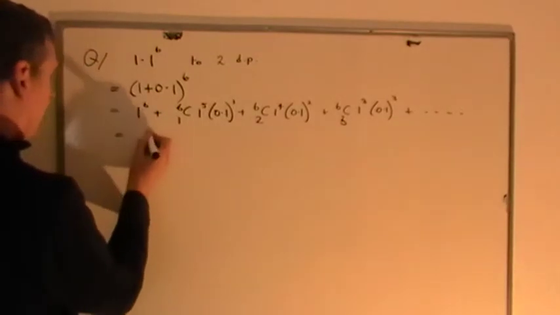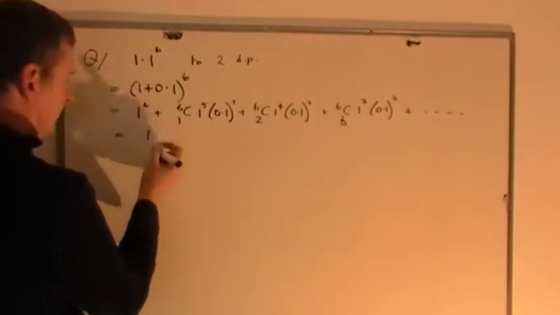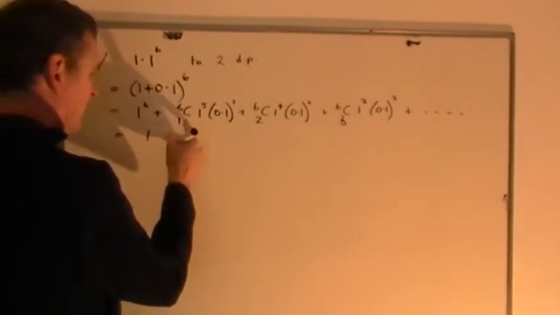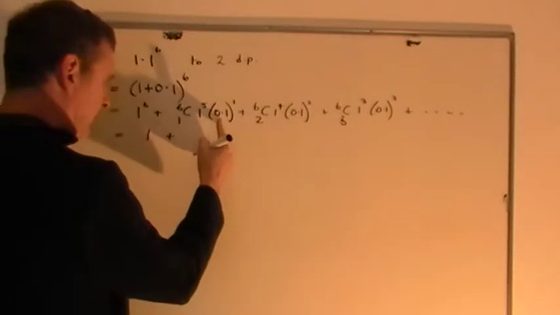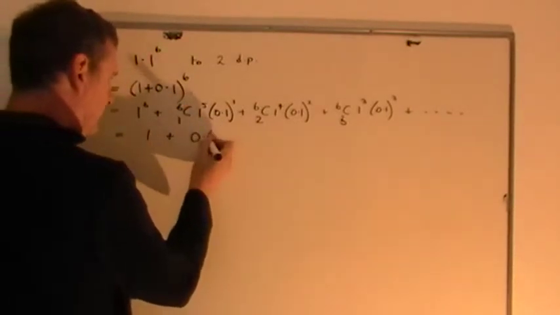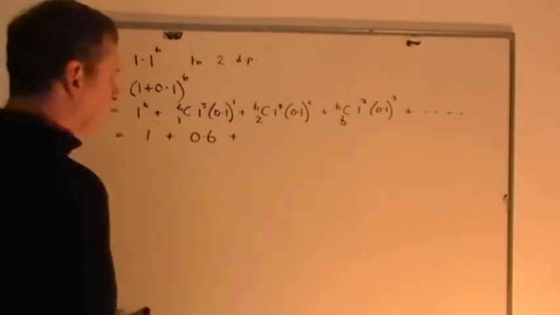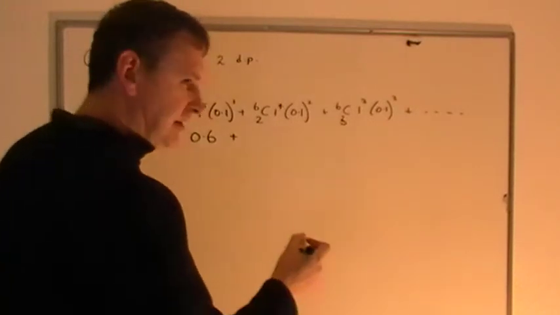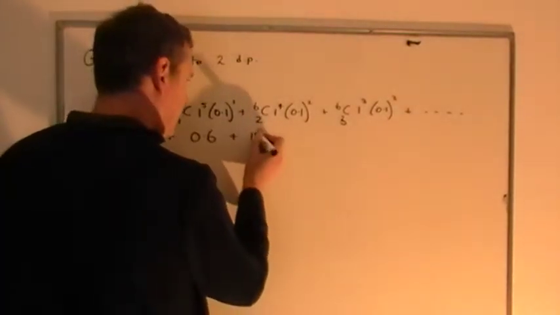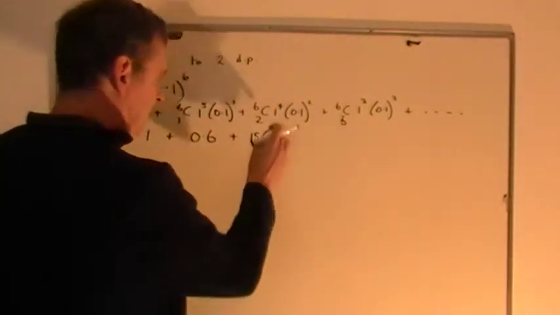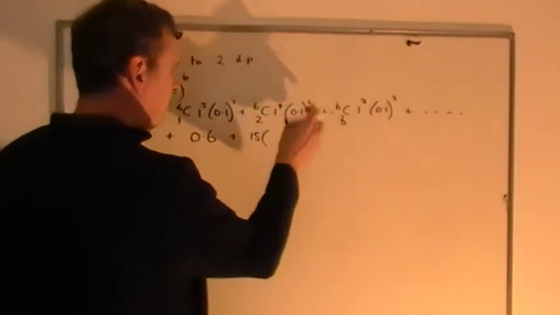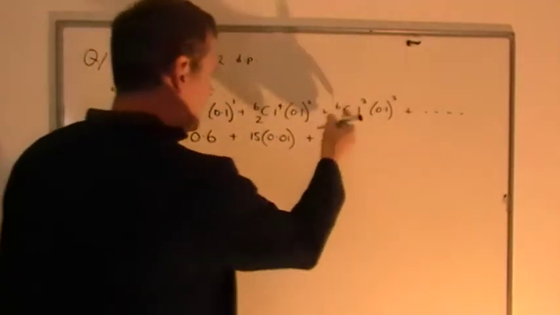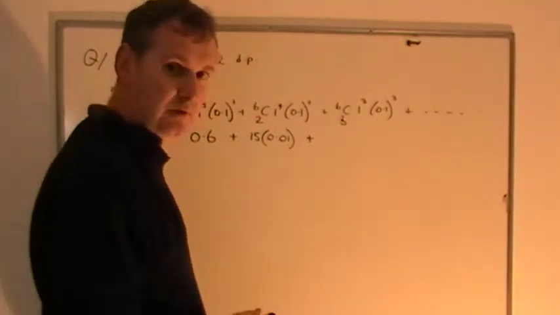So here we go then, it's 1 to the power 6, which of course is just 1, plus 6 choose 1 is 6, times by 1 is 6, times by 0.1 is 0.6, plus, then you have 6 choose 2, well that's 6 by 5 over 2 by 1, 6 by 5 is 30 over 2 by 1, that's 15, times by 1, so that doesn't change anything, 0.1 squared gives you 0.01, plus 6 choose 3, that's 6 by 5 by 4 over 3 by 2